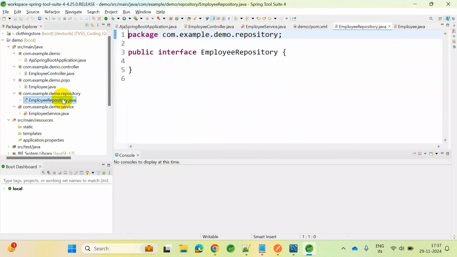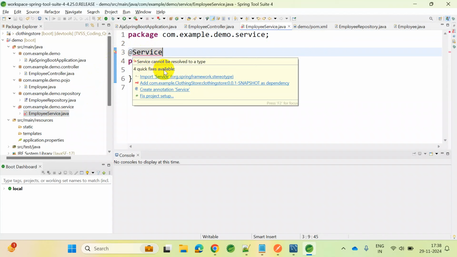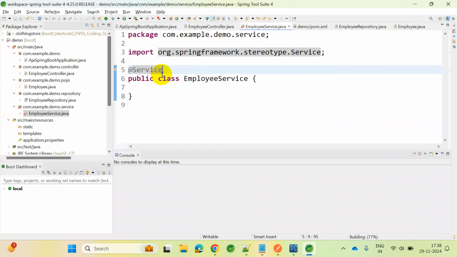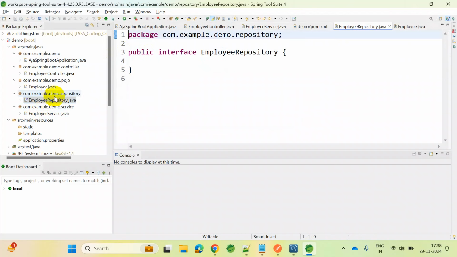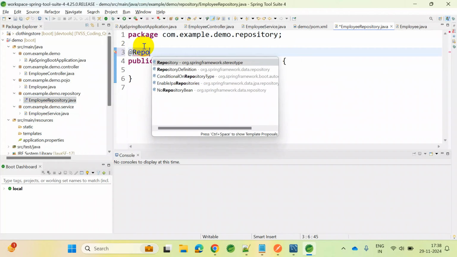Then for the repository, sorry, let me import that. It is showing a red symbol here, right? If you hover over it, it will provide some suggestions. So it is suggesting these four options. Obviously the first one is preferable, so I just imported it. An employee repository, and we can use a repository annotation,